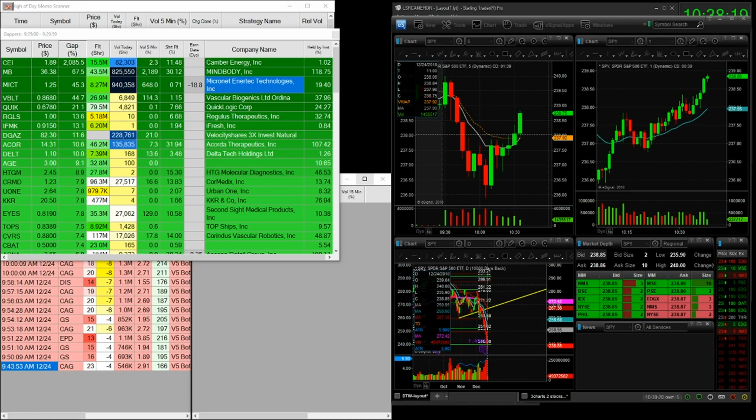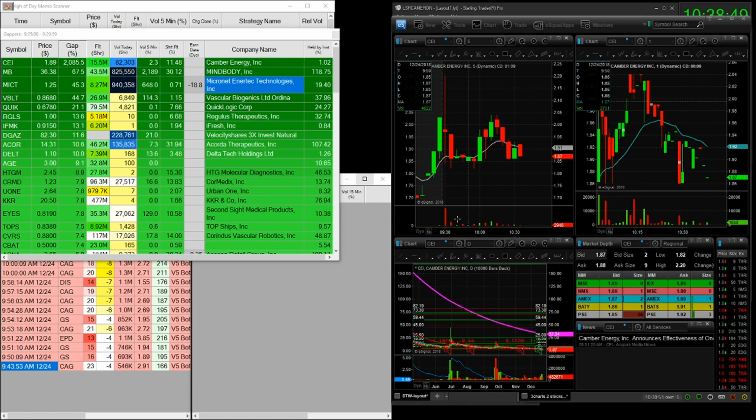Okay, so CEI was our leading gapper. As you can see, it was gapping up a lot, and that's because it was a reverse split. So it was actually, in total, gapping down. It wasn't actually gapping up, but because of the reverse split, it appeared that it was gapping up. So on this one, we had the pre-market high, or the after-hours high, of $2.50. We had this pullback. And I was just kind of watching it out of the gates for a little scalp